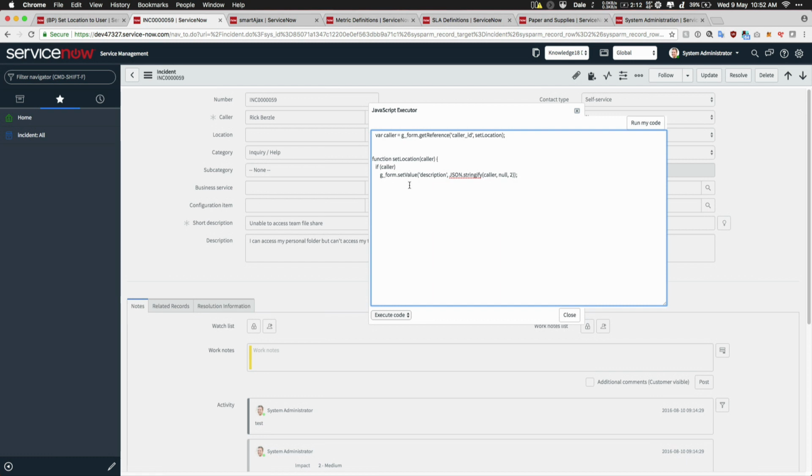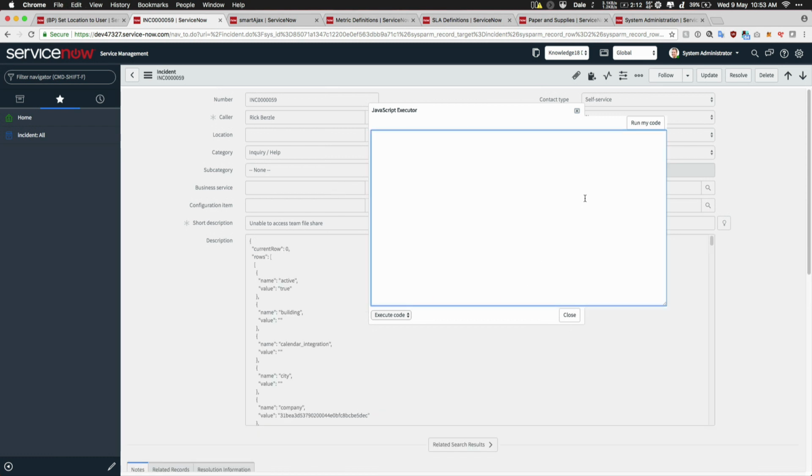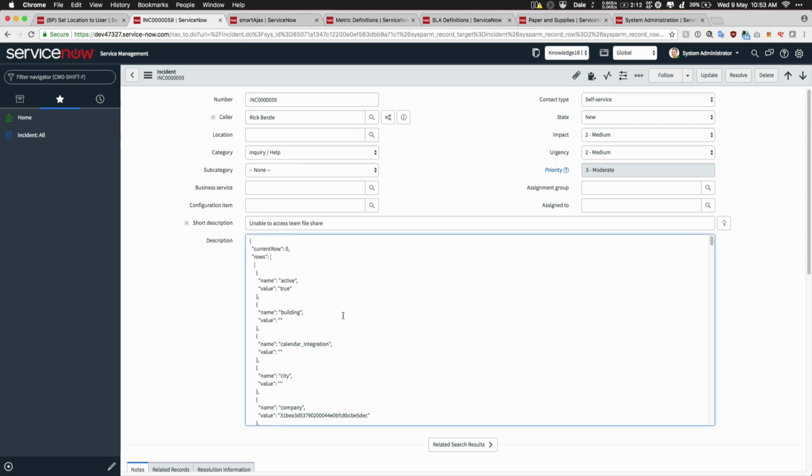Also, I should note that with g_form.setValue, there's actually an option for a third parameter, which is the display value. And out of the box, this client script doesn't do that, which is what forces the server to receive a second call in order to populate the actual display name in the location field. So if I run this, okay. So the description has been overwritten with that entire payload